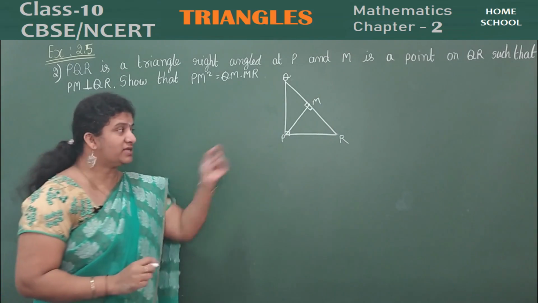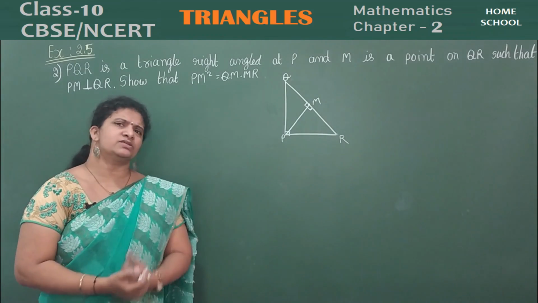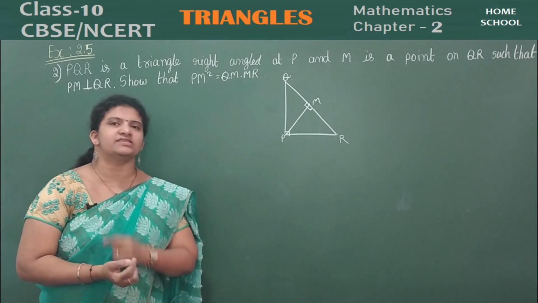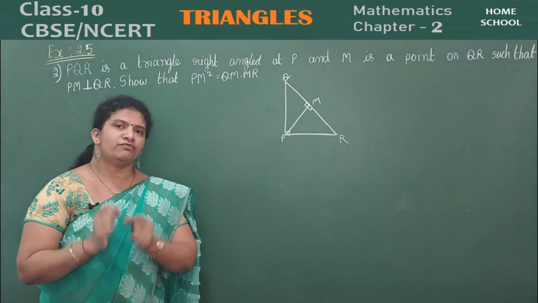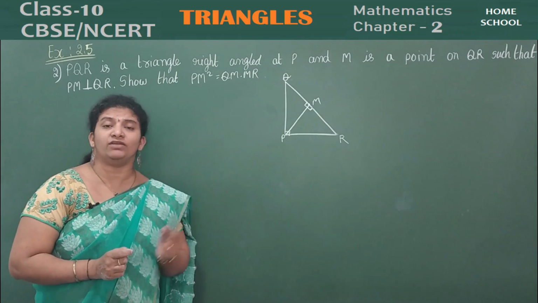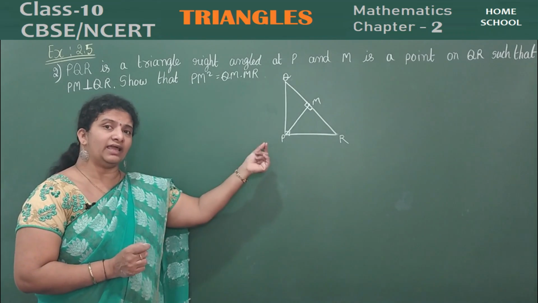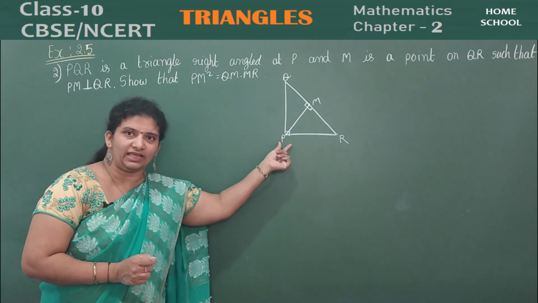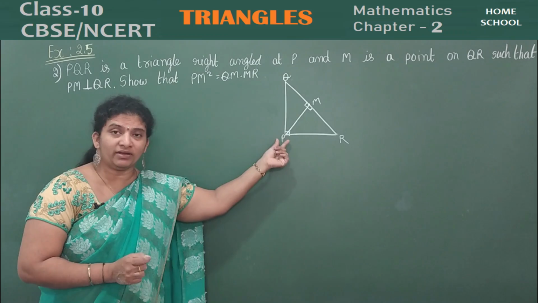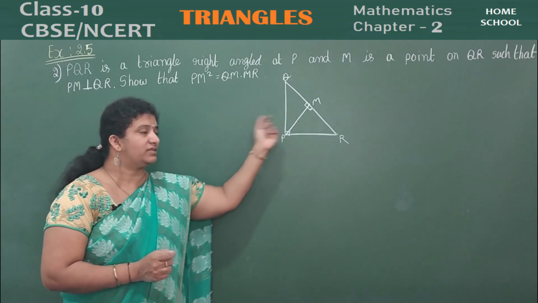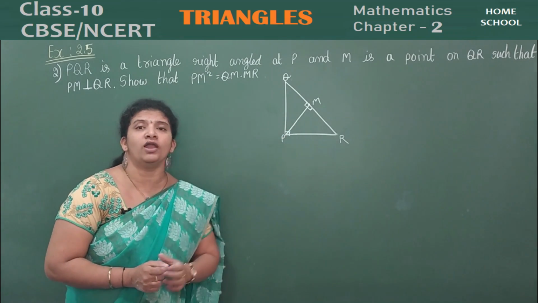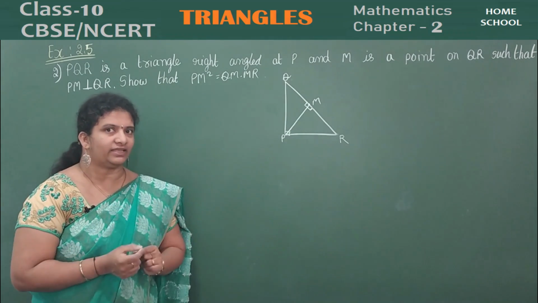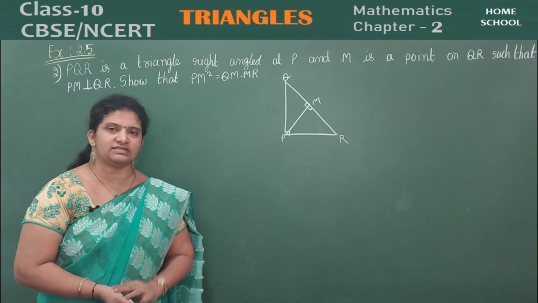Children, do you remember some theorem? What is this question asked? Before Pythagoras, in our last session we have done one theorem. In a right triangle, if a perpendicular is drawn from the vertex of the right angle, do you remember that? Then the three triangles so formed are all similar to one another. So according to that theorem, I have showed you three cases.